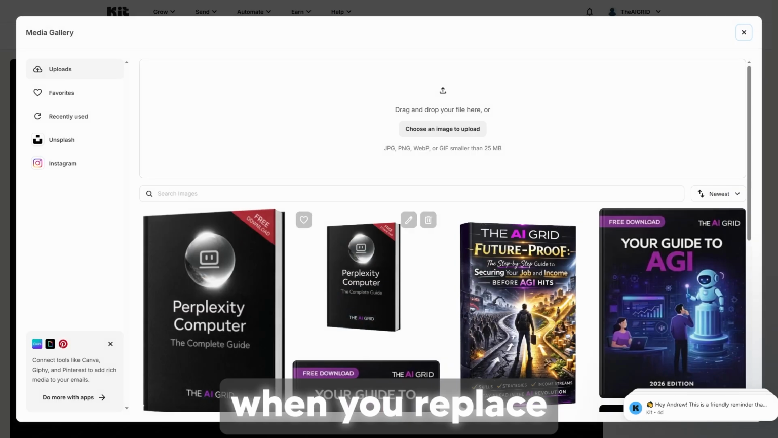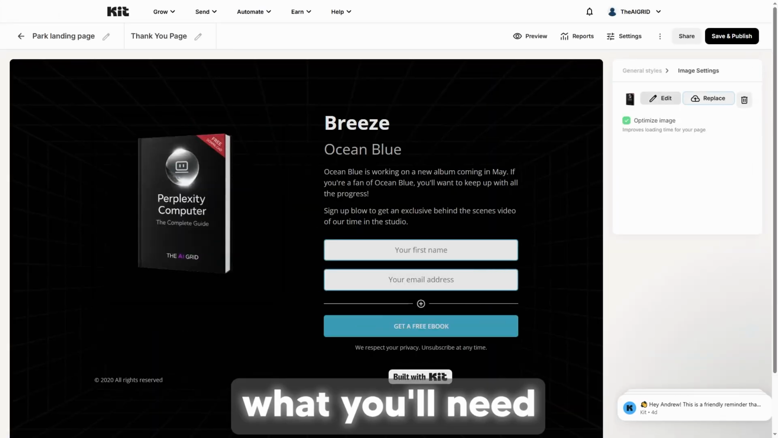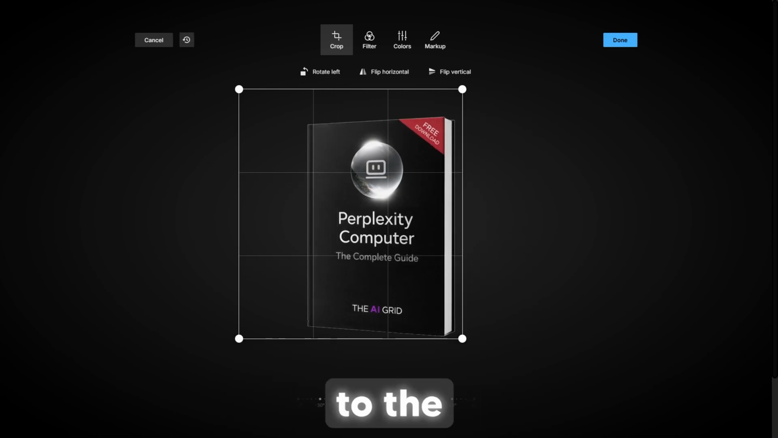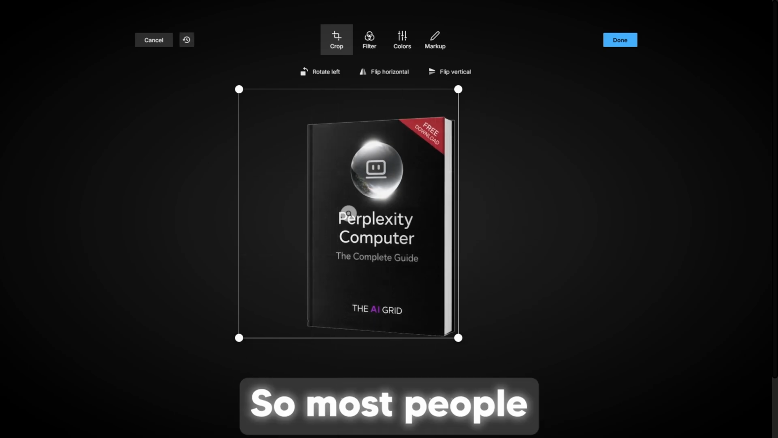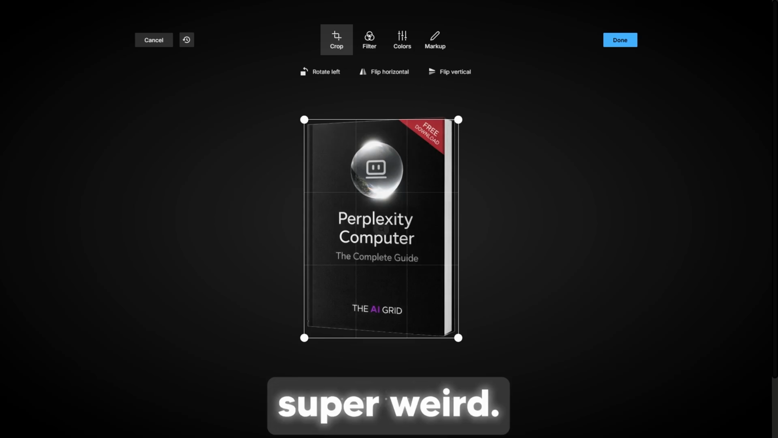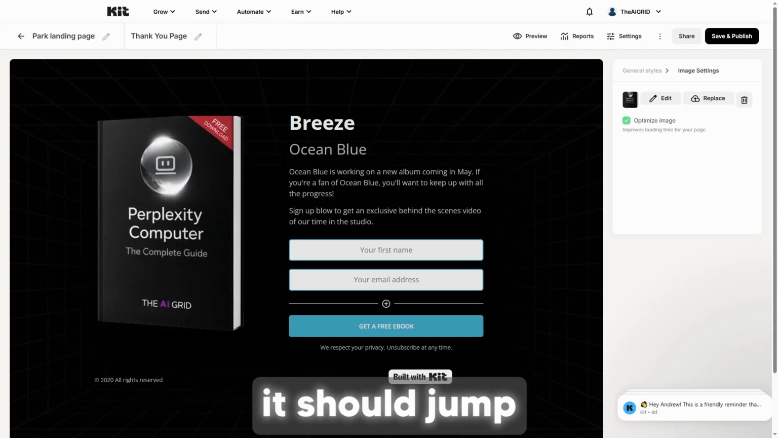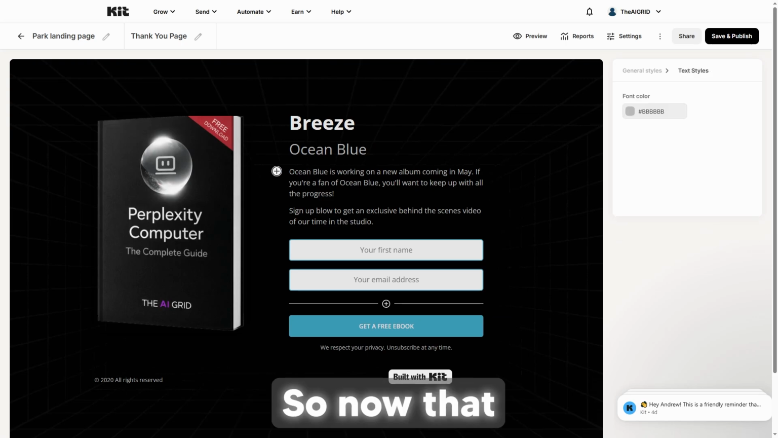Now, usually when you replace the image, for example the standard image, what you'll need to do is edit this. And then what you actually need to do is crop this to the edges of this, okay? Most people don't realize this and they wonder why it looks super weird. Crop this to the edges, click done, and then it's going to process that image, and then it should jump up to blue, okay? So now that we've got our image here, which is really good,